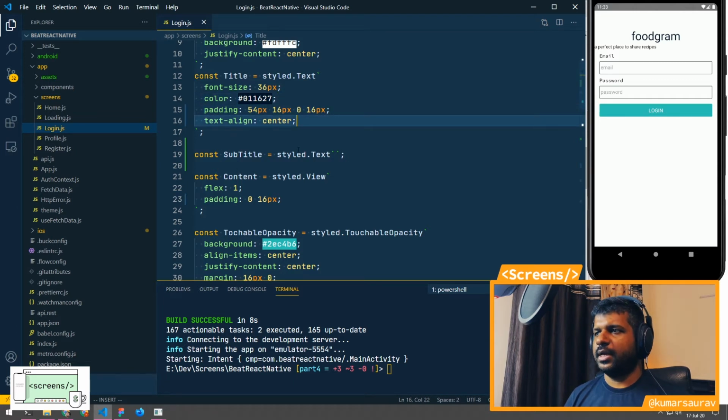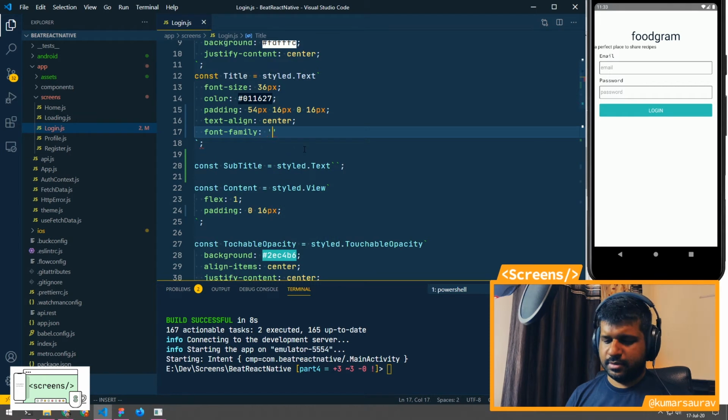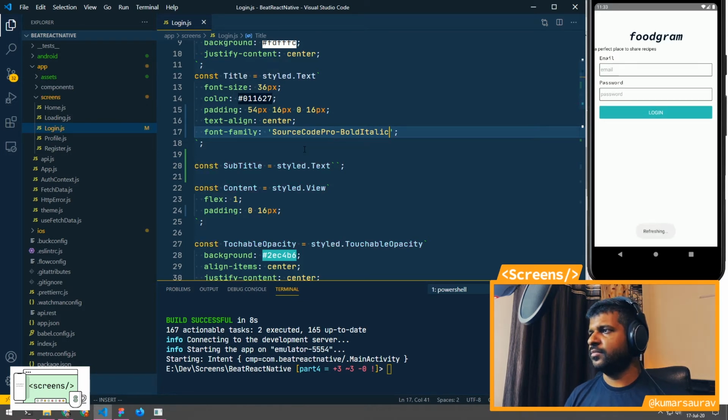Let's add the font family. The font family here is Source Code Pro, and it will be bold italic. Now you can see the bold italic font is there.